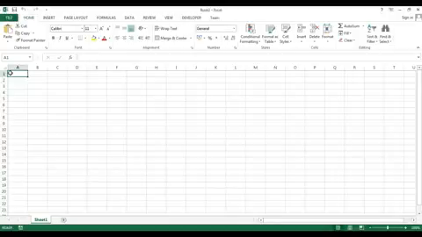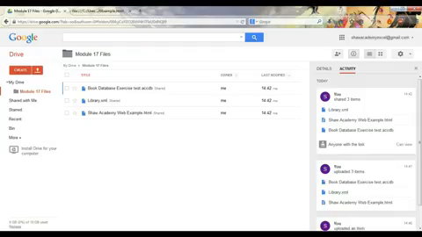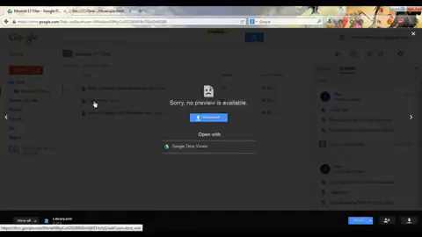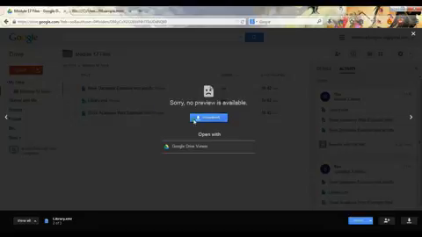But we can also do the same thing by downloading the file from the web. If we go to Firefox, we have the Google Drive for the Shaw Academy Excel modules. Inside the drive is a folder called Module 17 Files, and inside this folder are three particular files, one of which is our library XML file. If we click this file, there's no preview, but we can download it. If we click on Download,